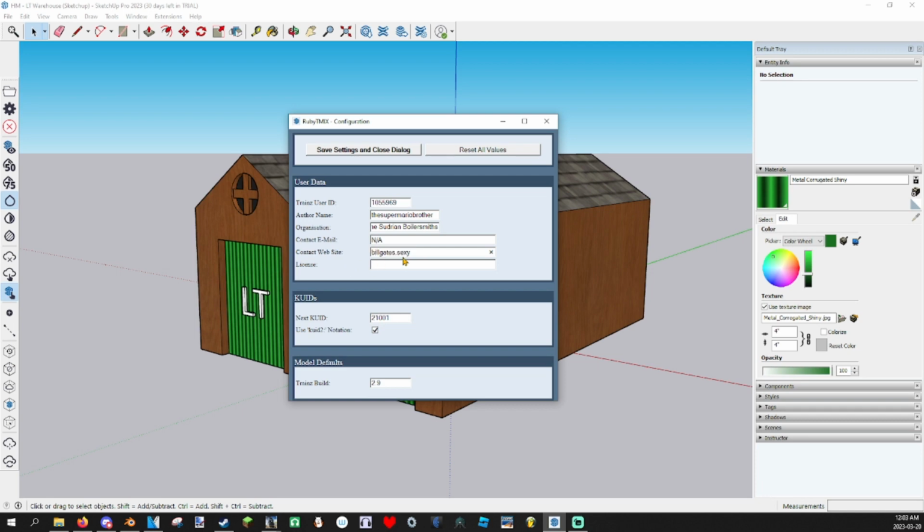It'll be funny. License. You can put stuff like you can reskin my models however you please. Or if you hate reskinning, put something else there. Next, keyword, you can just keep it at that, and then Trainz build, you can keep it at that. Then you can press Save Settings and close